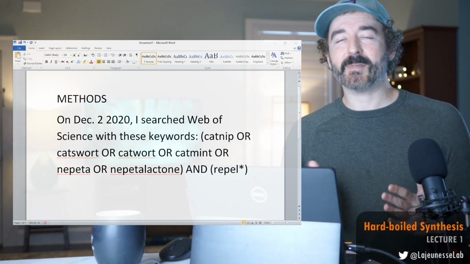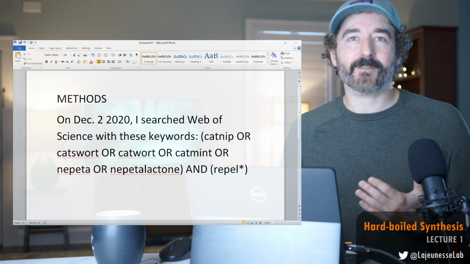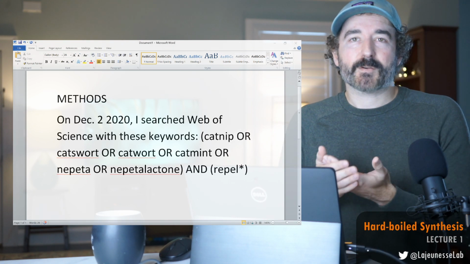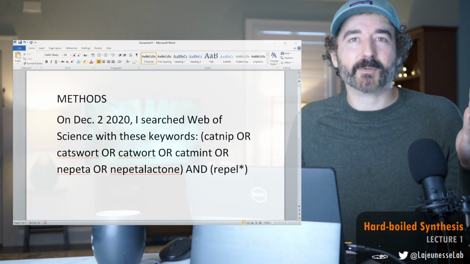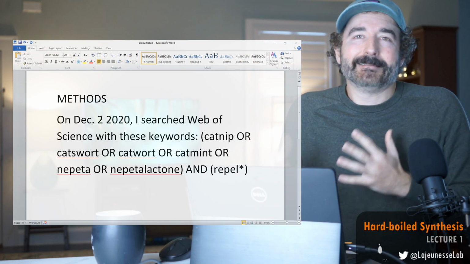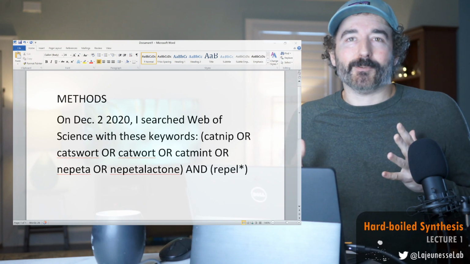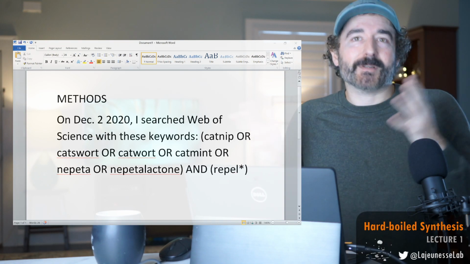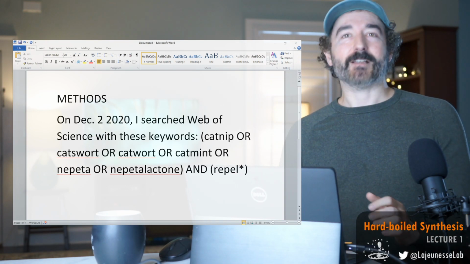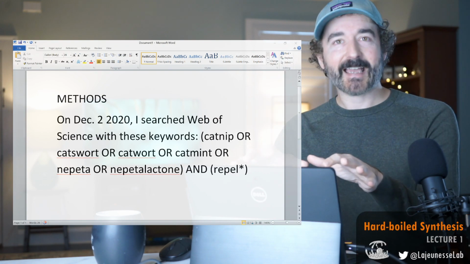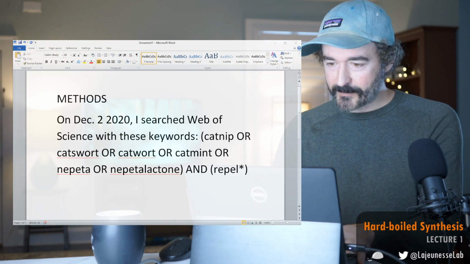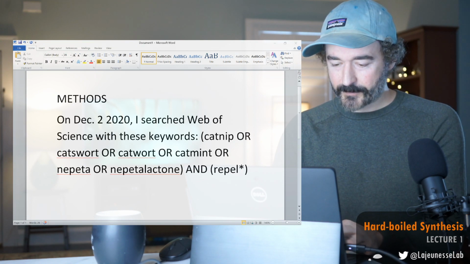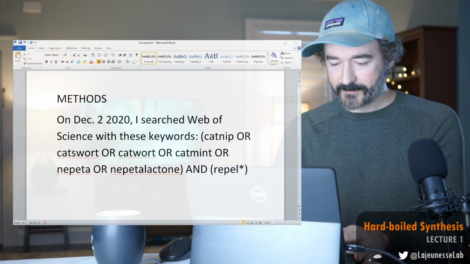So I'm only limiting myself to Web of Science, but there are many other repositories of this information you could hit on. Google Scholar is a popular one. I'm not going to do any of that, mostly because I need to move on. I've already talked way too much. And so let me just add this to the wall of shame here. Searched only one database.